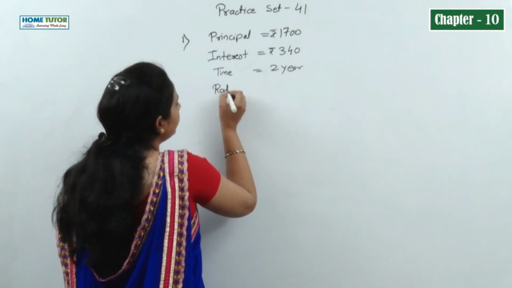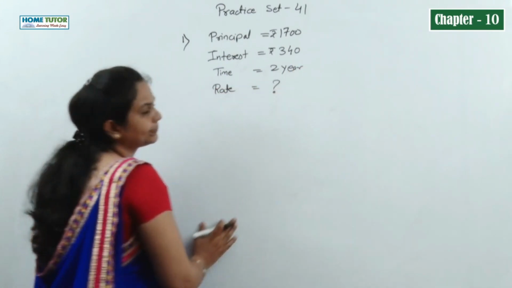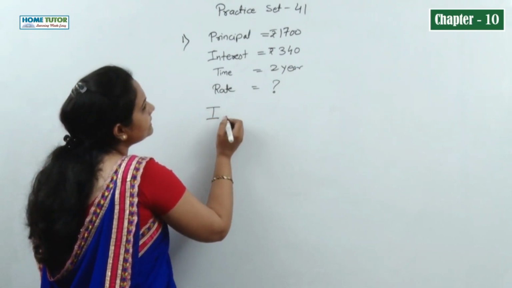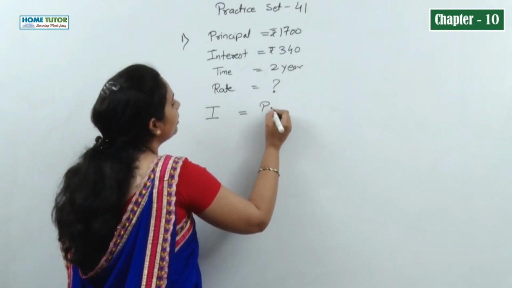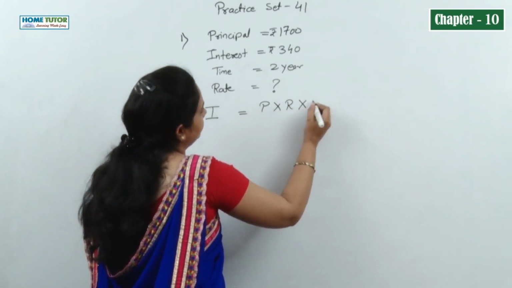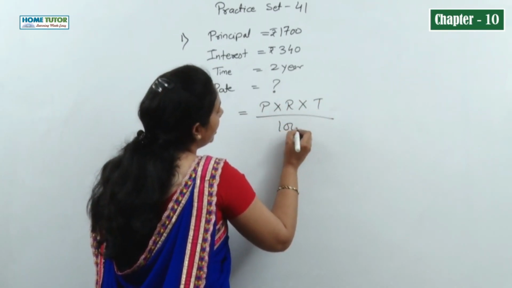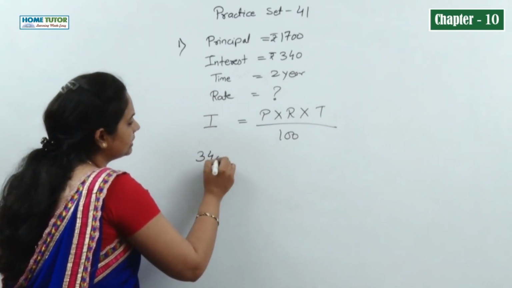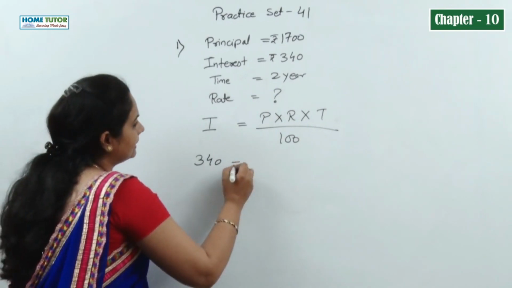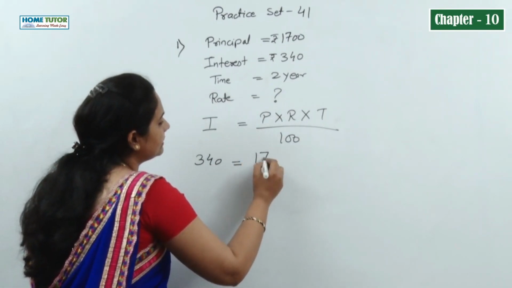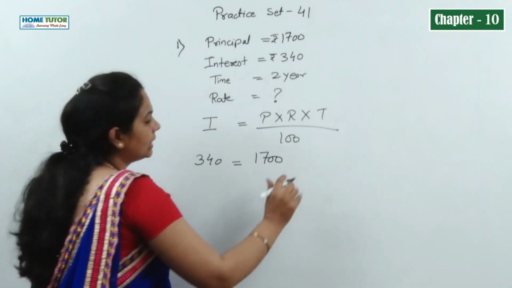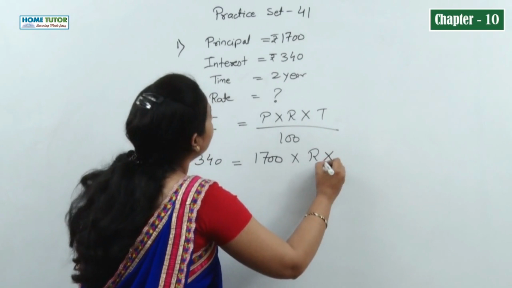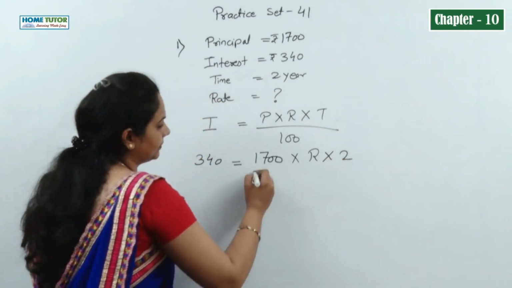And rate of interest we have to find. So our formula is interest I is equals to P multiplied by R multiplied by T divided by 100. So I, interest, is equals to 340 rupees is equals to your principal, principal is 1700 rupees multiplied by R we have to find, multiplied by T is equals to 2 years